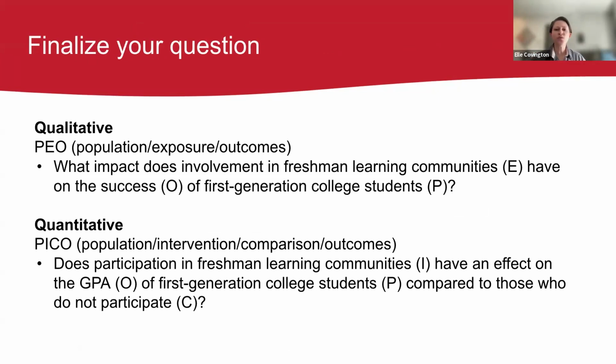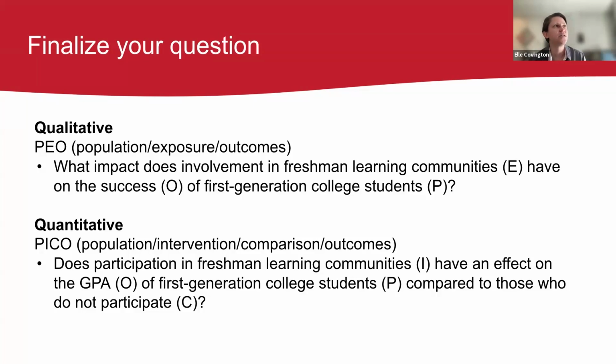Okay, and so then how do we use these? How do we take these frameworks and then develop them into a research question? So I've got a couple of examples here. So using that PEO, the population exposure outcomes, again, a lot of the social sciences, this can be used for either systematic or scoping reviews. Depending, I would say it probably lends itself a little bit more to a scoping review. But again, it just depends on what the research question is that you're building around it.